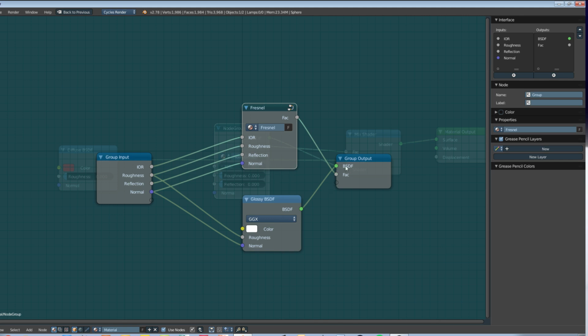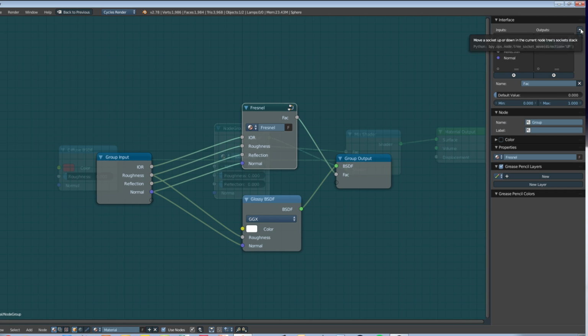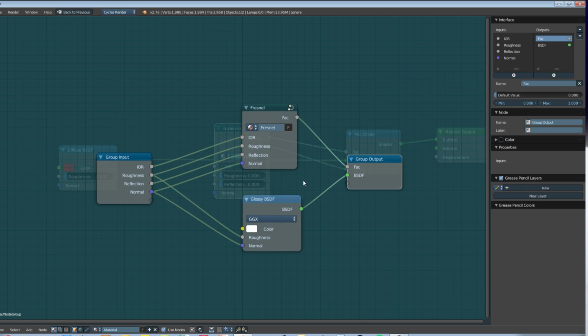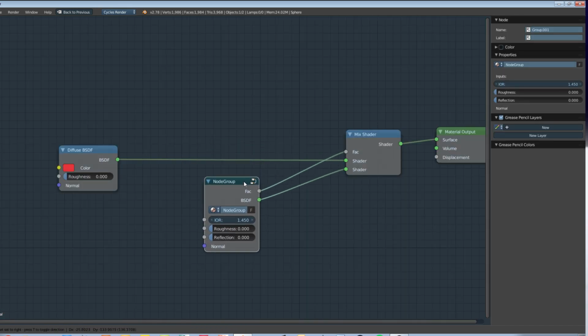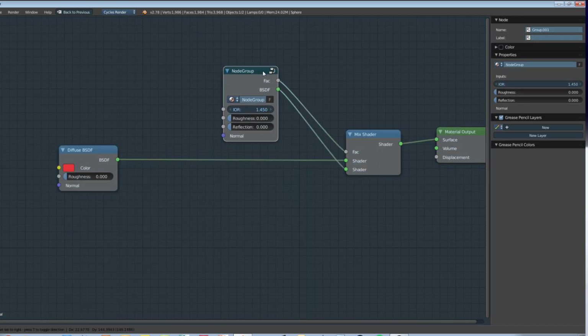And pretty much done for right there. The one thing I will do is switch these around. So I'll go up here and I'll just select the factor and hit the up arrow to move it up. Just makes it a little cleaner, a little more organized, and we're going to tab out of that. So now we've got this really nice